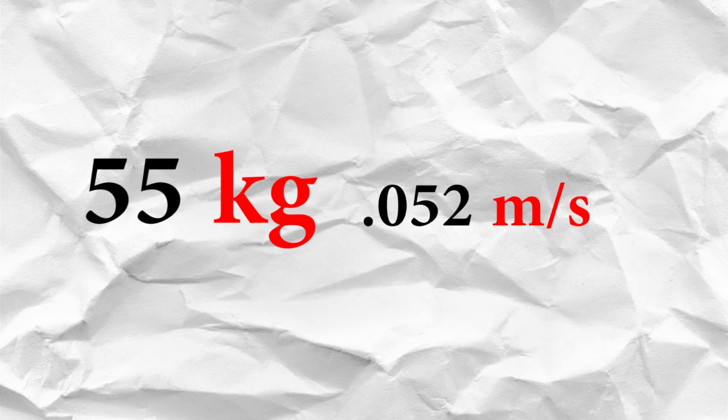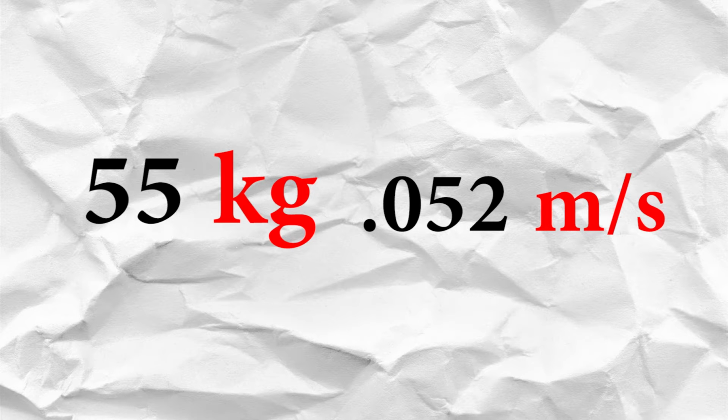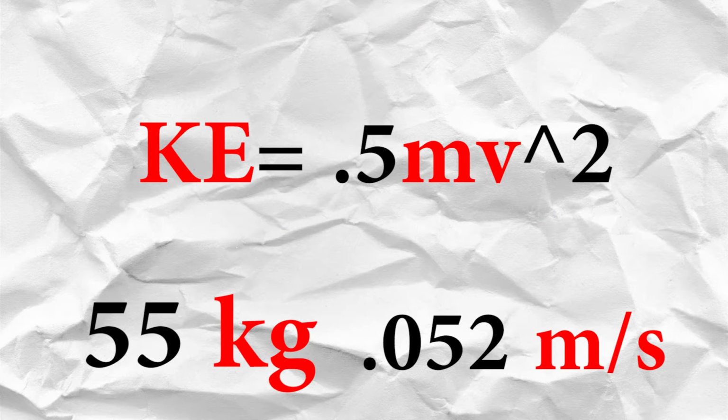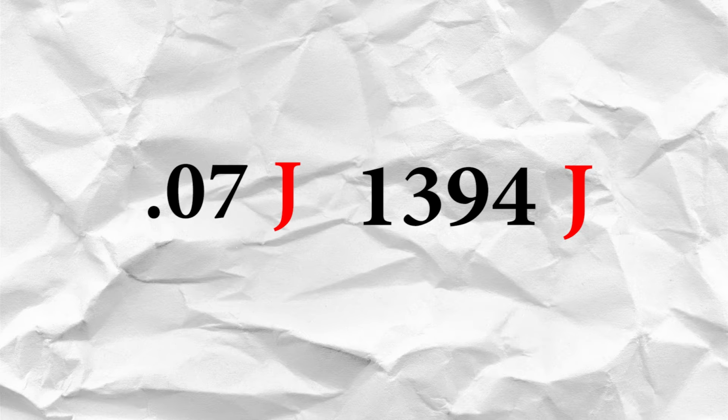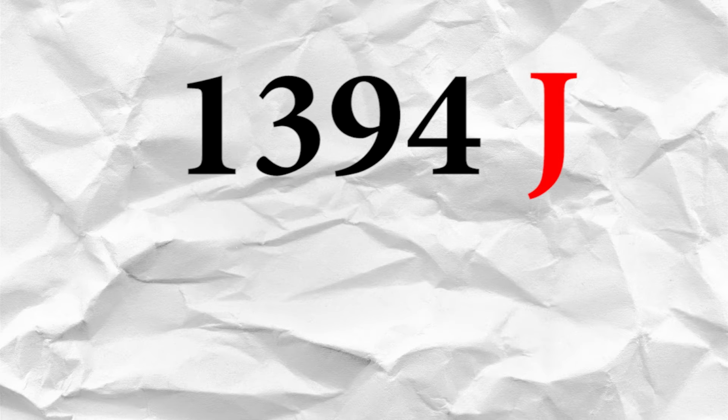To help visualize this even more, we can take her weight being 55 kilograms and her expected speed being 0.052 meters per second, and using the kinetic energy equation, kinetic energy is equal to 0.5 times the mass times velocity squared, we can see that she should have about 0.07 joules of energy, whereas using the movie's velocity, she's about 1,394 joules. For her to travel this fast, she would need to have been hit by a faster bullet